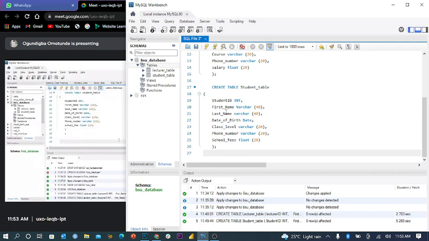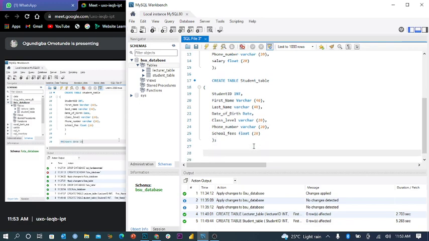So let us try and input data into the lecturer's table. I'm trying to comment it out. You want to insert data into the respective tables.